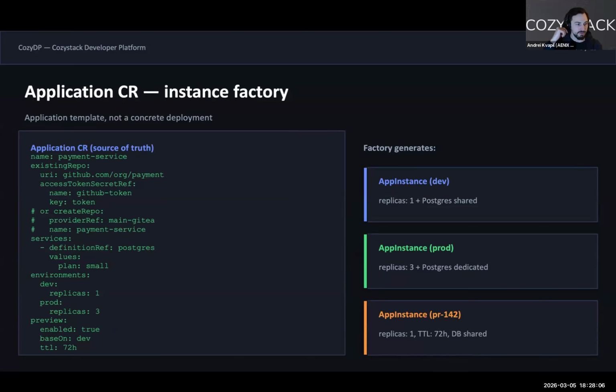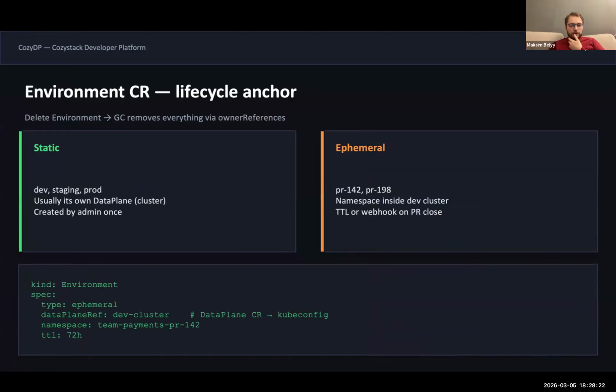So this is actually a draft. At some moment, I want to create a pull request with a design document and contributions, and discussion is welcome. The environment custom resource is a lifecycle orchestrator.